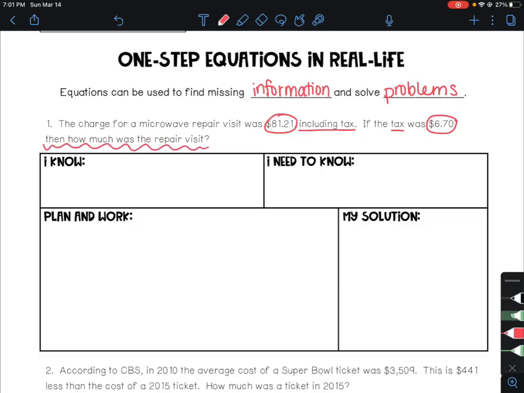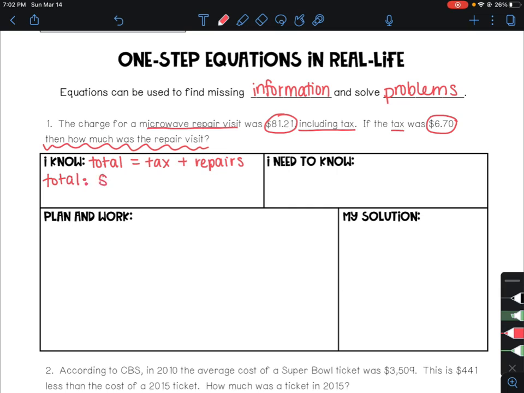I circled the numbers, underlined their meanings, so the $81.21 was the repair visit with tax. The tax by itself was $6.70. And then our question, the thing we want to know, was how much was just the repair visit. So it sounds like what we have here is a total that equals the tax plus the repairs. So we know a total, we know the tax,